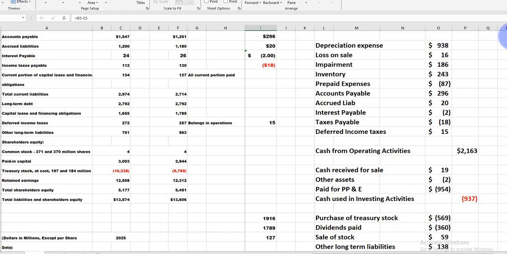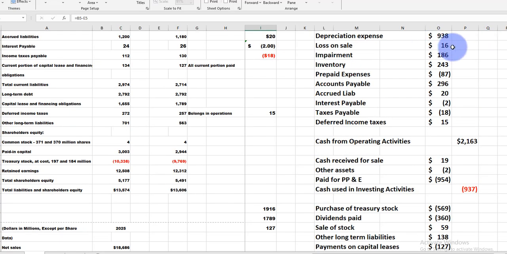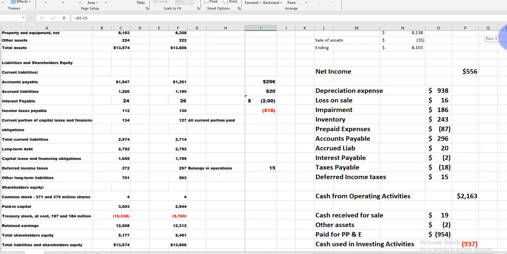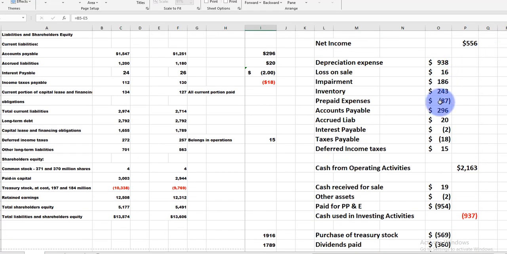Okay. We also add the loss on sale. Remember, at this stage on the operating section, we're not worried about the detail about how we got there. We just need to know that we're going to add it back. So we added both the impairment and the loss on sale as the next section. Then we jump into